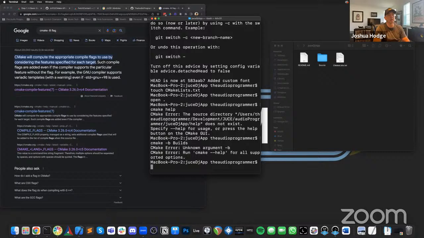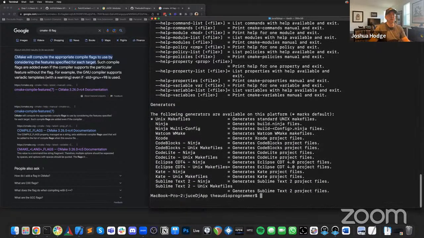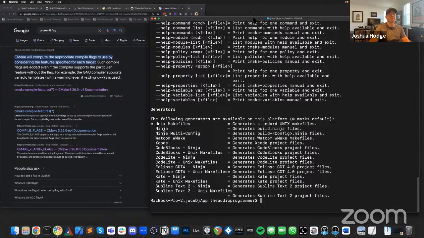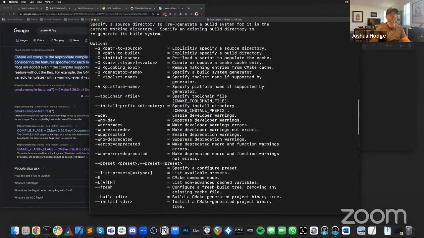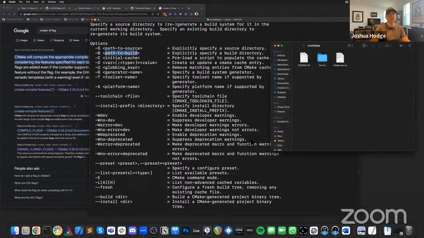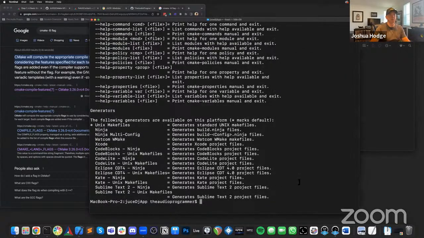Okay, so this will probably give me a whole bunch of stuff. So -B, path to build. So that's the path to build. So I guess that this will actually create the builds folder